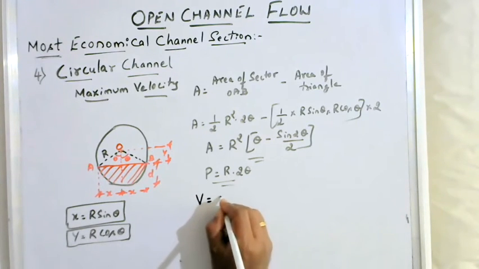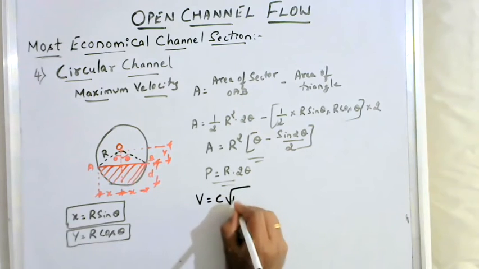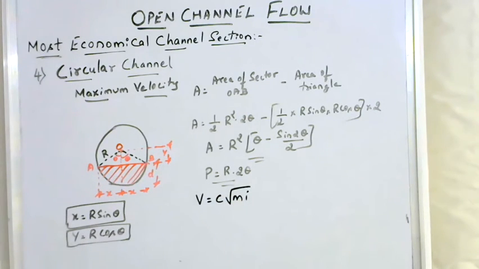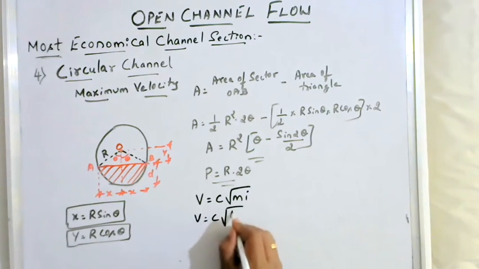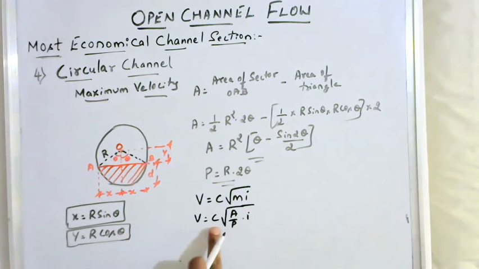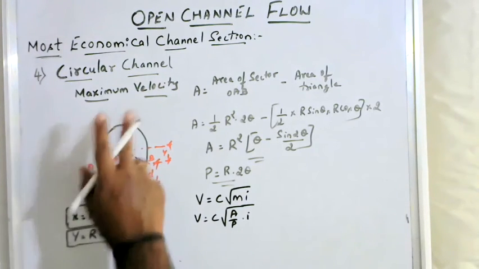To find theta, I'll consider the Chezy equation, that is V is equal to C into root of m into i, where m is nothing but A divided by P. For a given bed slope, and with C a constant, velocity is maximum only when A by P is maximum, meaning the hydraulic mean depth should be maximum. This condition I already told. Therefore, to get the maximum velocity condition,